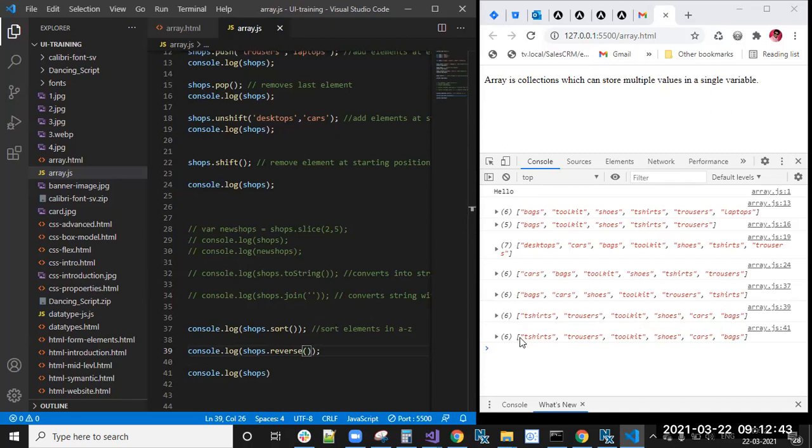Now you can see reverse order. Shops.sort means A to Z order, and now here t-shirts, trousers, cards, bags, so reverse order.